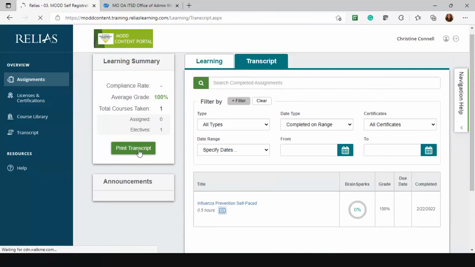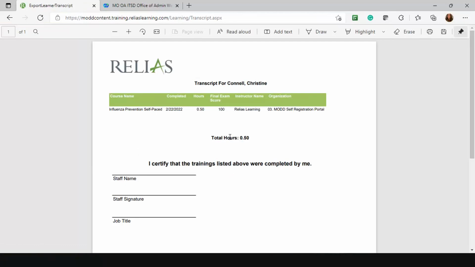This will give you an export of all of the courses you've completed, a running total of the training hours, the name of the course, the completion date and things like that. So that's just another way you can export a transcript.